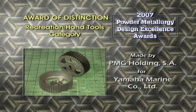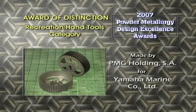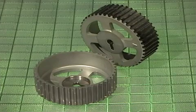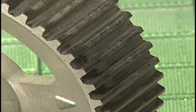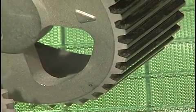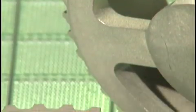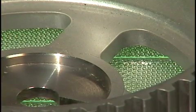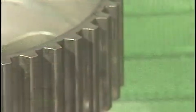In the Recreation Hand Tools category, PMG Holding SA has won the Award of Distinction for a stainless steel camshaft pulley made for Yamaha Marine Company Limited in Japan. The pulley operates in the timing control for a 4-stroke 115 horsepower outboard motor. With an outer diameter of 4.36 inches, it is considered large for a PM stainless steel. It is made to a density of 6.7 grams per cubic centimeter and has a tensile strength of 49,300 psi and a yield strength of